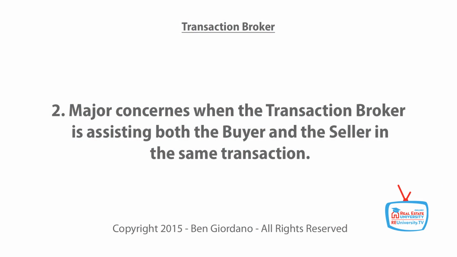Now, for all practical purposes, here are the little challenges with this. Because the agent does not have to be loyal to you whether you are a buyer or a seller, there is no expectation on your end that the agent is going to act in your best interest. Buyers and sellers have typically conflicting interests. The buyer wants to buy the property at the lowest possible price for the best terms. The seller wants to sell the property at the highest possible price for the best terms. Everybody's pulling in a different direction. Transaction broker can be in the middle. You could have one, you could have two, a buyer's agent and a seller's agent, or just a transaction broker